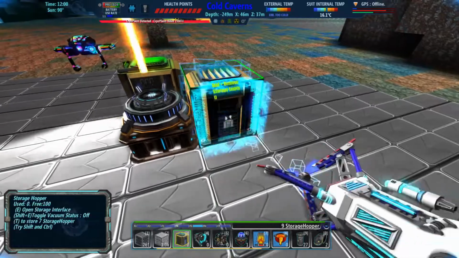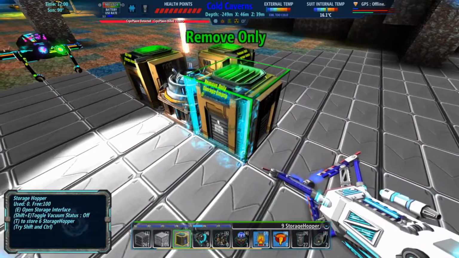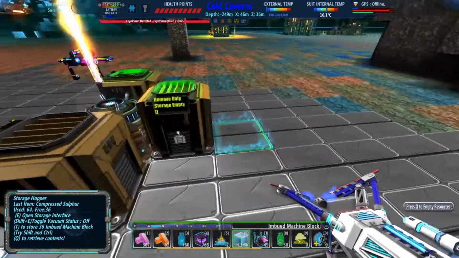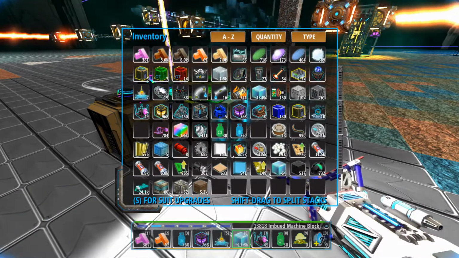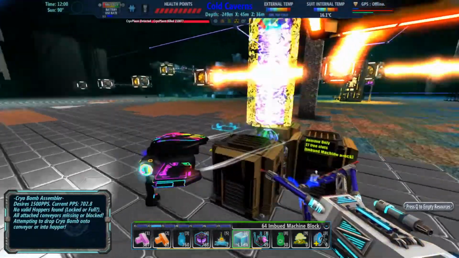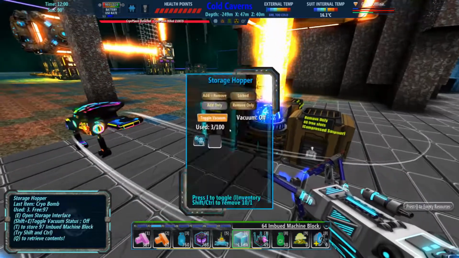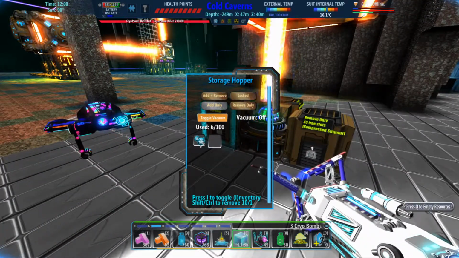And this will be remove, right? Sulfur going in. And then I'll put 64 in here of these, just so I know that it's the same size. And it should be doing its thing. I know that can give it over 1,500, so... Look at that, cryo bombs. Cryo bombs. Okay, so now what I need to do...